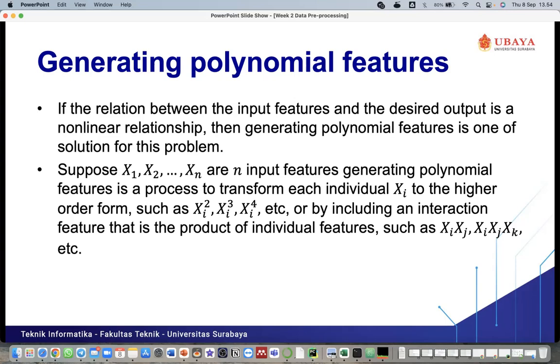The other features can be the interaction between the features that we have, or maybe the square of xi, or the cube of xi, or the power of 4 of xi.